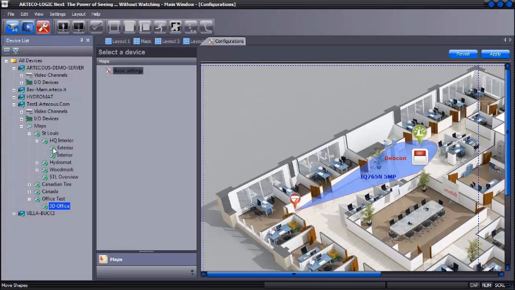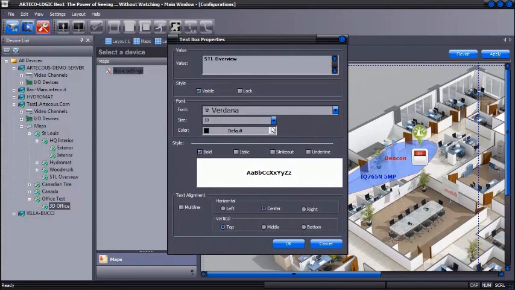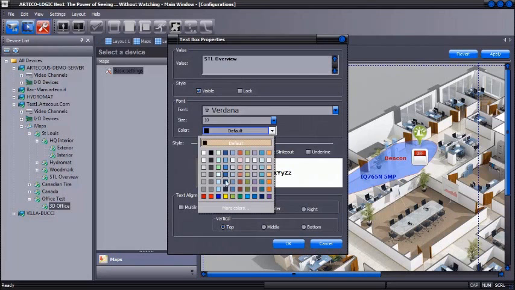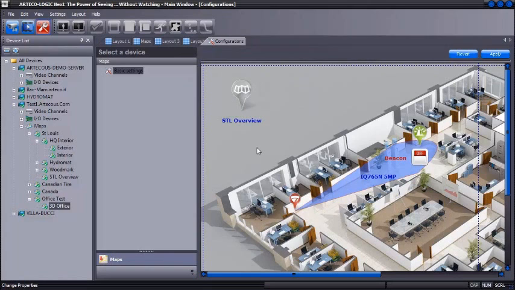Let's go ahead and associate an exterior map. Let's do the St. Louis overview here. And I'll click and drag that over to my map, and I can make this a little bit smaller. And again, same type of connections here. I can actually change my name, place, and then I can change the text box properties. Make that bold, and I can even choose a different color here to make it a little bit brighter and easier to see. Now when I go back into my live view,